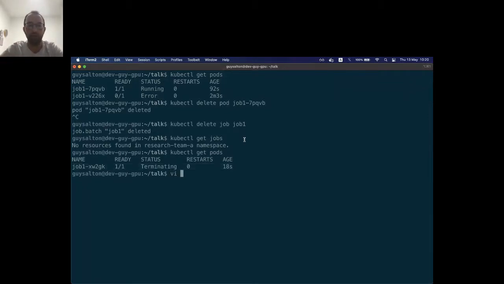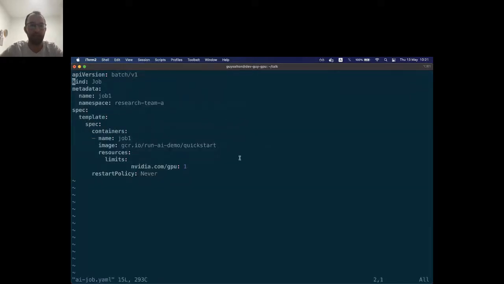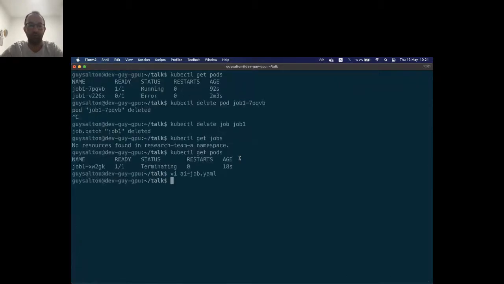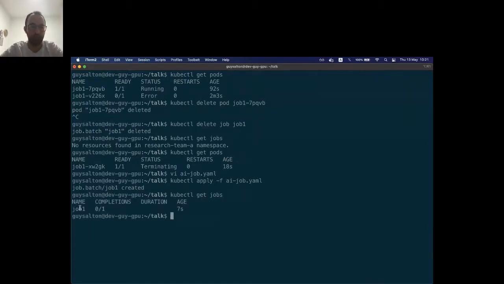So if we now try to edit this YAML file and say, let's say I want my job to run on 2 GPUs instead of 1 GPU, I can do that here. I can change it to 2, and I can save this file, and then I can run kubectl apply -f on this YAML file again. But what you will see is that if I look at the jobs now, yes, I have a new job here, okay? But if I go and describe this job,